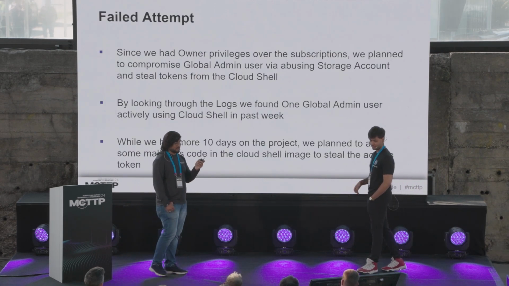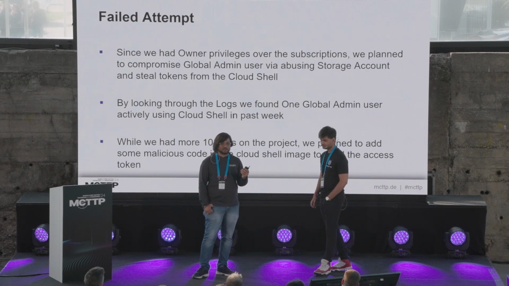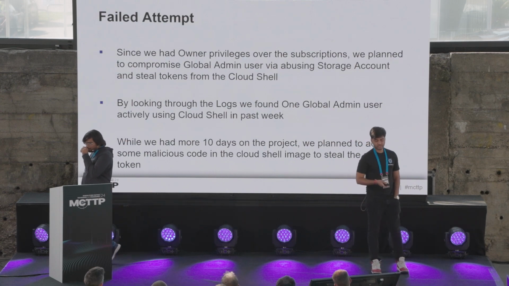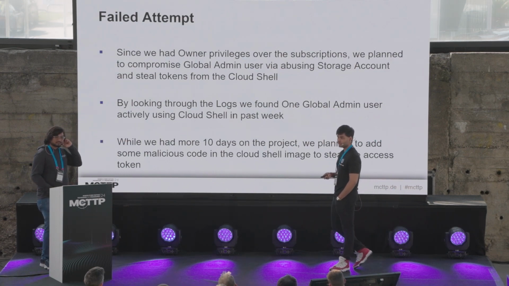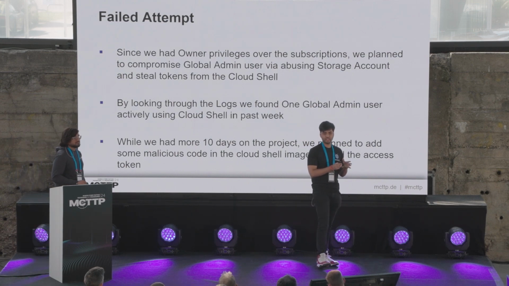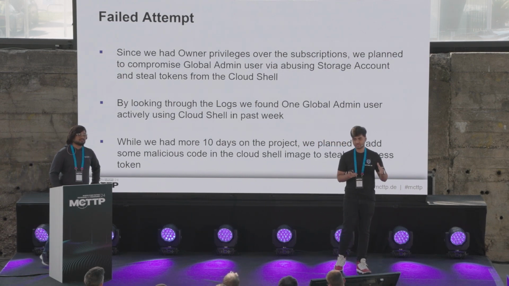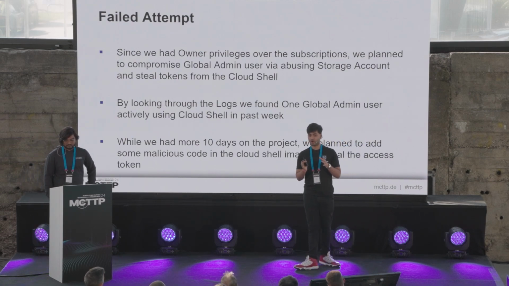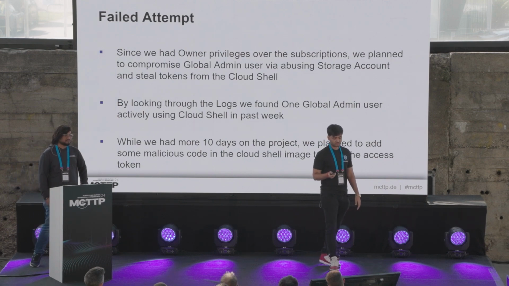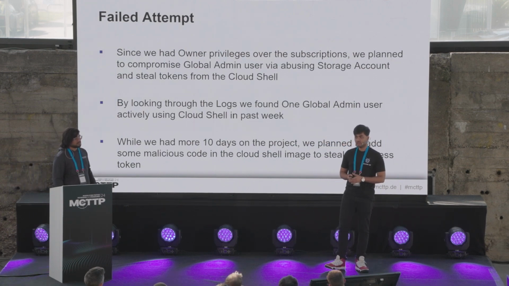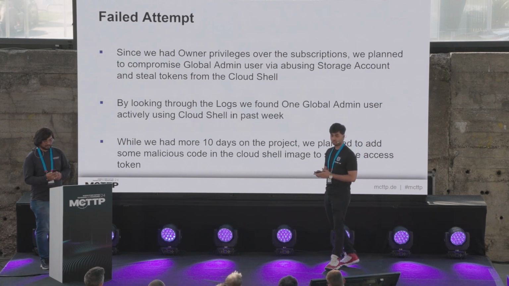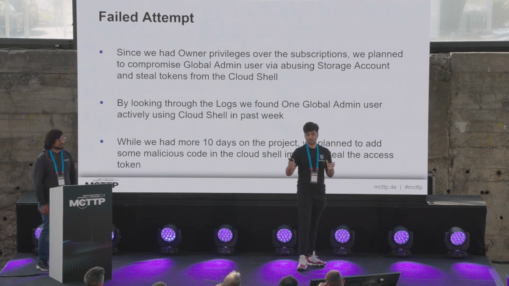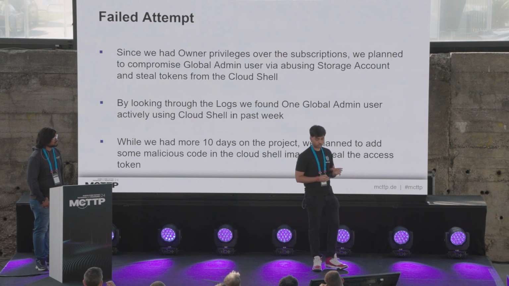Now we'll discuss one of the failed attempts where we tried to gain access to a global admin. This failed attempt is based on the Cloud Shell that Azure has. In Azure Cloud Shell, it uses a storage account, which is again a different service. Cloud Shell uses the storage account to store its .img file, to mount all its files within the storage account. Since we were the owner of all the subscriptions, and there were a lot of storage accounts which use Cloud Shell, we needed to figure out which user is actually actively using Cloud Shell, because only then would we be able to compromise those users.